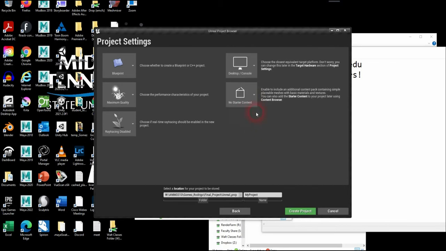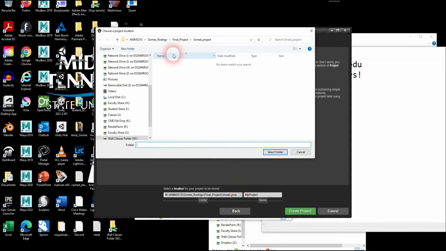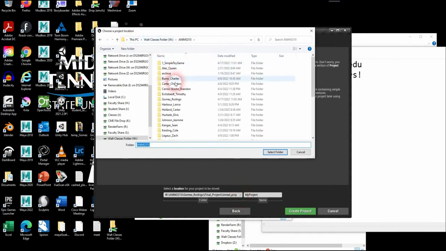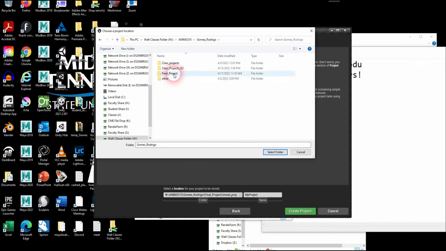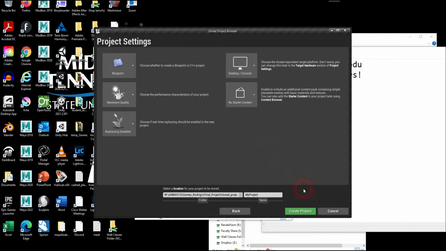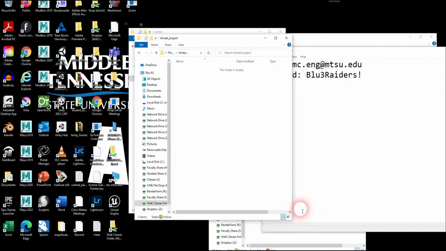That way my project is clean and empty, and I'm going to save it to my folder. So I'm going to go under my folder under the W drive. This is my personal folder. It's not the project that we're going to share all together. I have in my final project folder an Unreal project folder. I'm going to just select that folder. And I'm going to call my project toy texturing. That way next time I open it up, I know that is my project. So I'm going to create that,